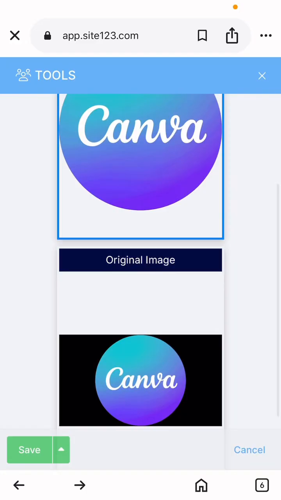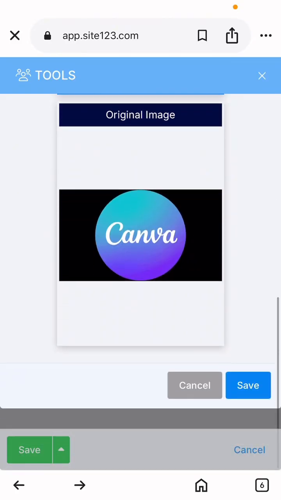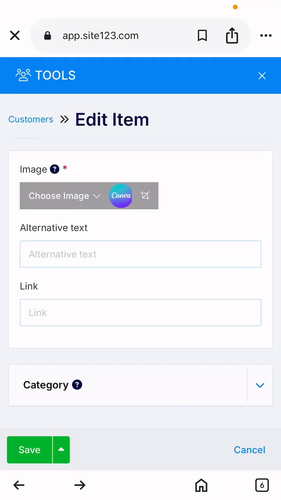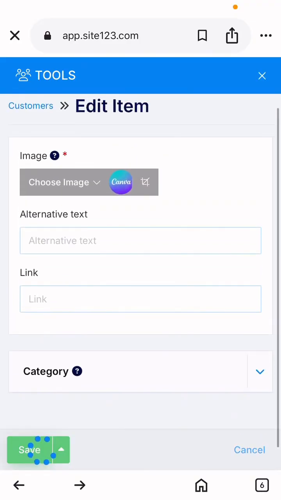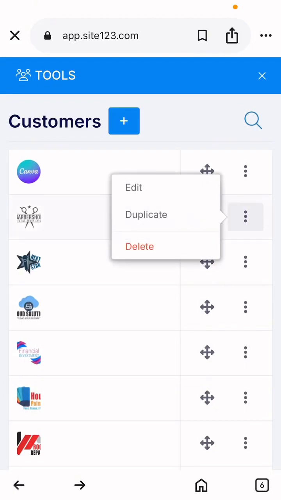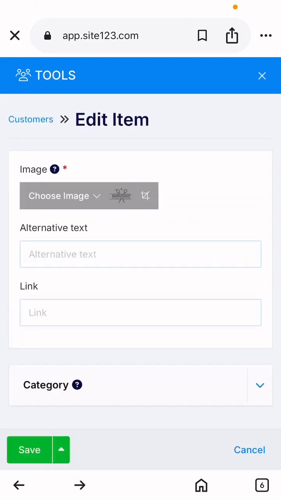You can just click on this X back. Okay, so click on save, and then I'm going to go back, fill the second one, click on edit, choose